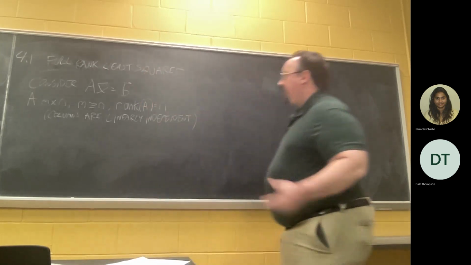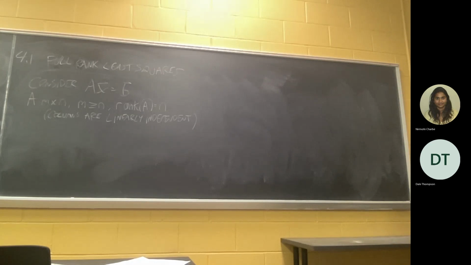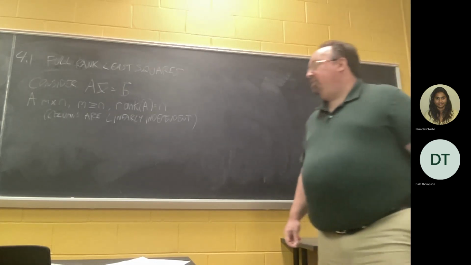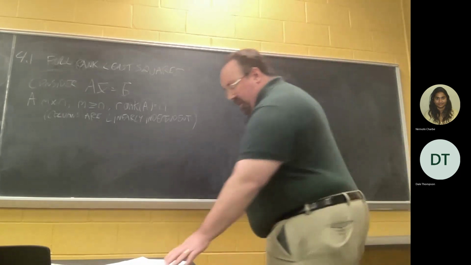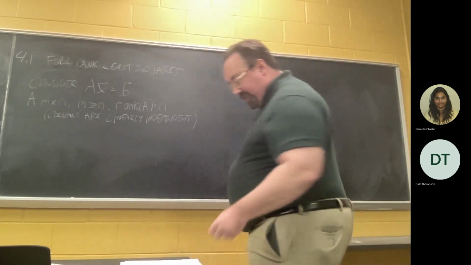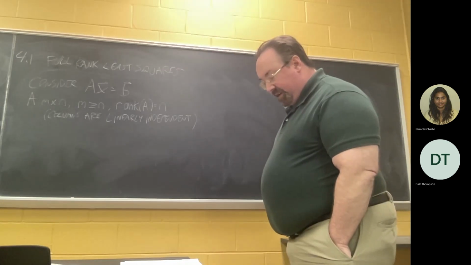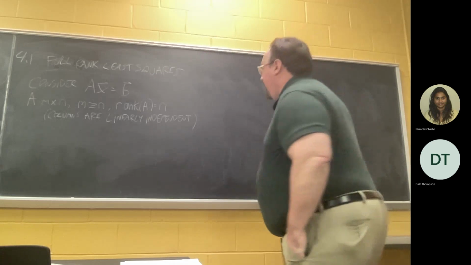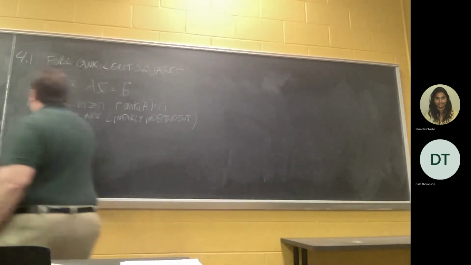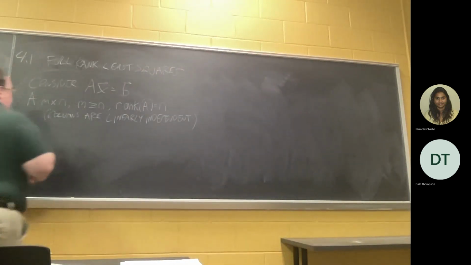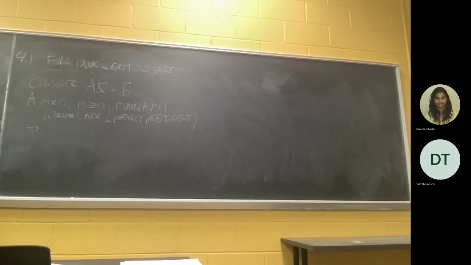So for the first couple sections, we're going to go with these assumptions. So in 4.3, I'll talk about what's called the rank deficient least squares problem, where the columns are linearly dependent. Also, a consequence of having linearly independent columns is A